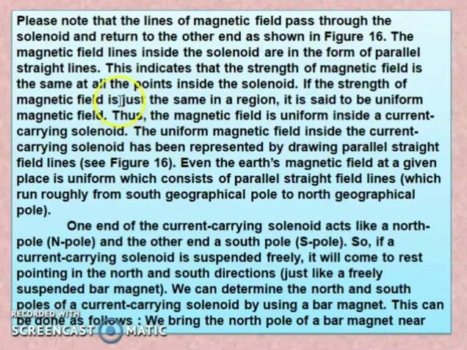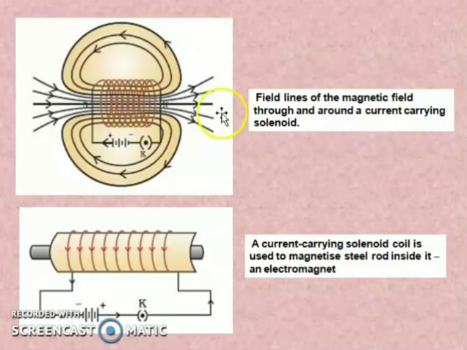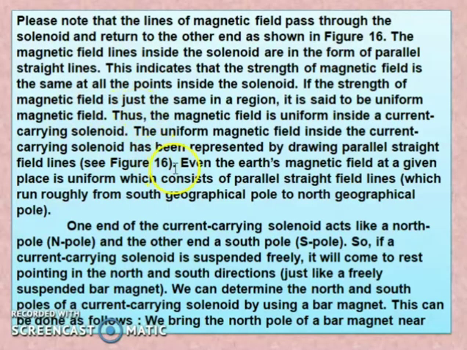If the strength of the magnetic field is the same in a region, it is said to be a uniform magnetic field. Thus, the magnetic field is uniform inside the current carrying solenoid. The uniform magnetic field inside the current carrying solenoid is represented by drawing parallel straight lines. You can see these are parallel straight lines, which indicate a uniform magnetic field strength. Even the Earth's magnetic field at a given place is uniform, consisting of parallel straight field lines,